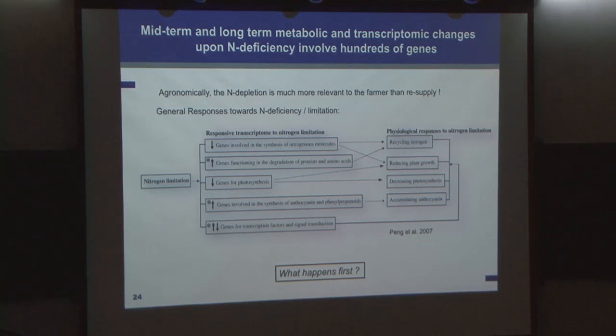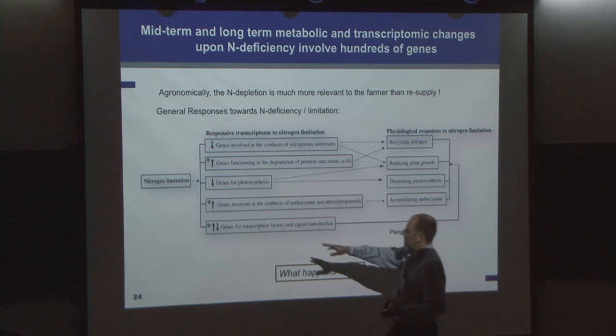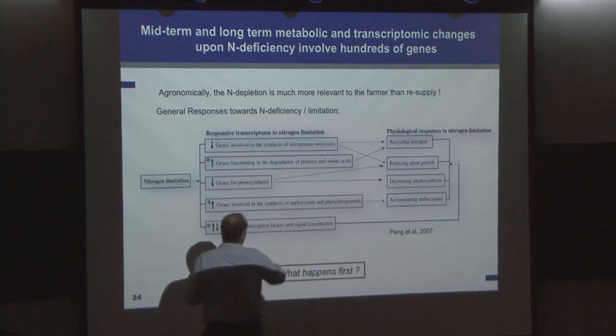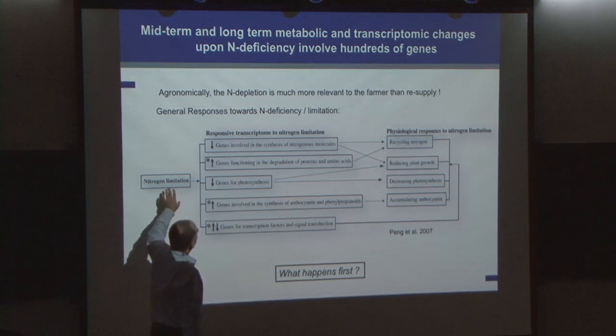And what happens under nitrogen deficiency had been analyzed for some moderate time scales, days and weeks. And this we know pretty well. When we have nitrogen limitation, and look at the transcriptome and the metabolome, what happens is